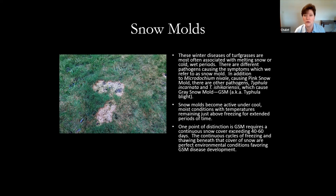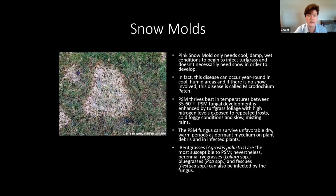And there's pink snow molds, gray snow molds, and usually we notice this after the snow melts, and you'll see these patches with almost a pink colored ring around the edge. And let's do this. So here, you can see a little bit better. And again, pink snow mold only needs cool, damp, wet conditions to begin, and then it infects the turf grass,